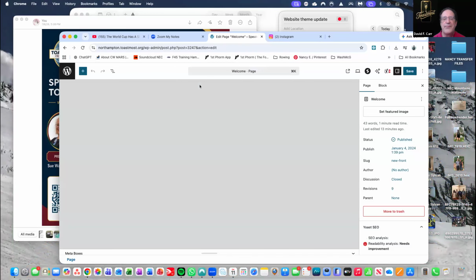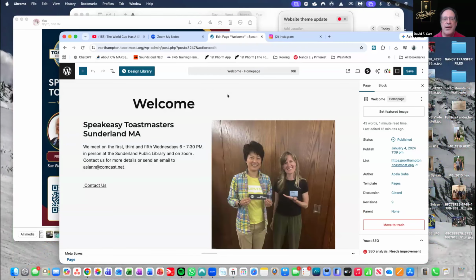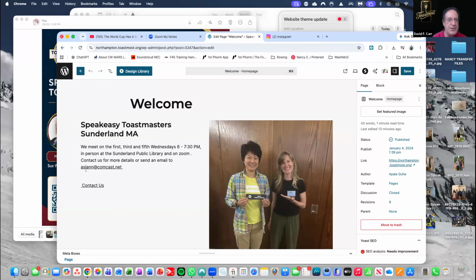And if we click in the left column under contact us, click right after contact us and hit return. Okay. So on your homepage, you have welcome to the club, and then you have an email address, and underneath it says contact us, which right now is a link that's pointing to